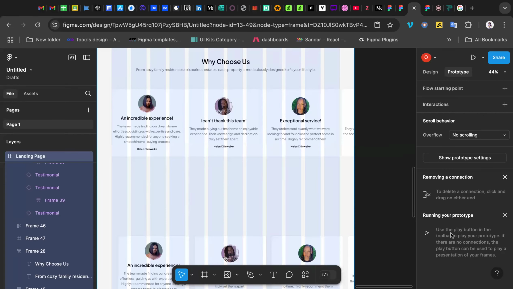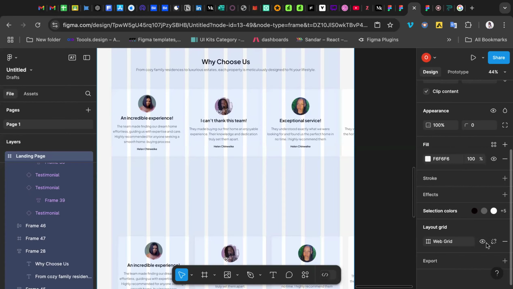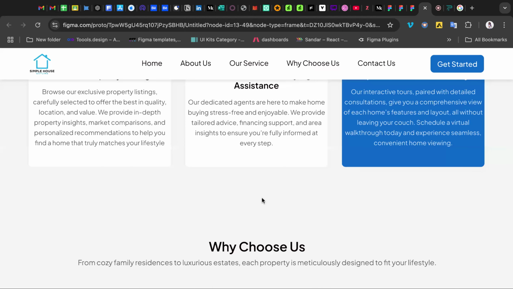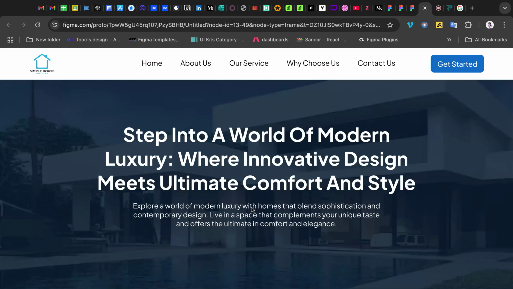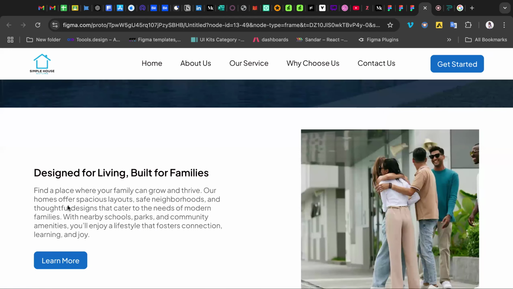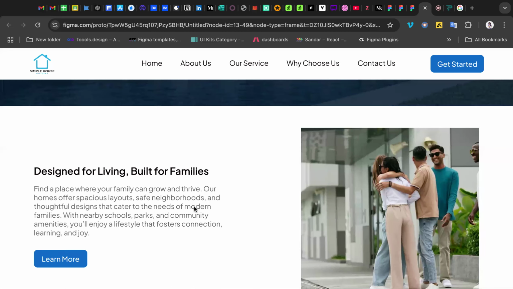So I'm going to turn it off just to see what I've done. I'm going to go to my prototype and see if this method I followed actually works. So this is what we've done so far. We have the about section. I think I'll have to rework this to be the same way